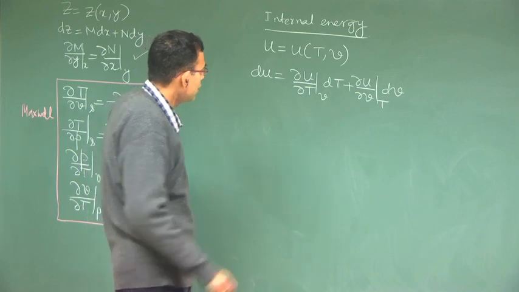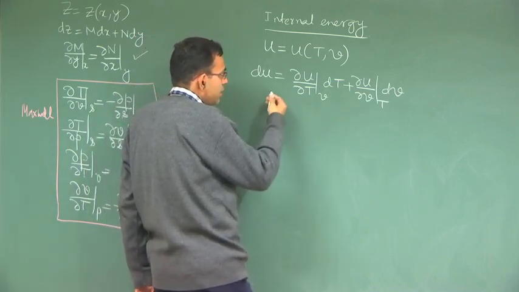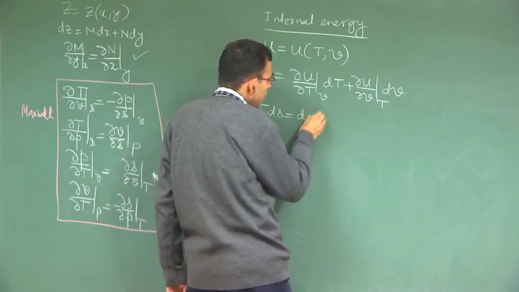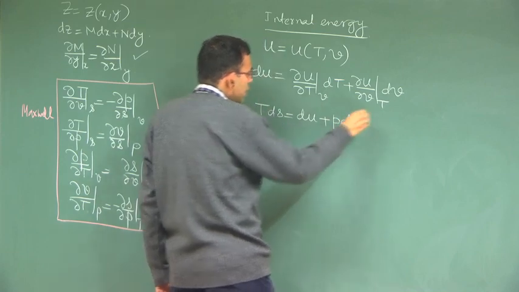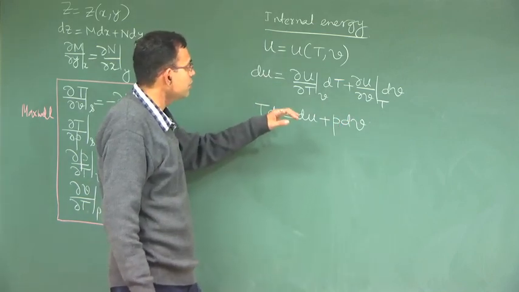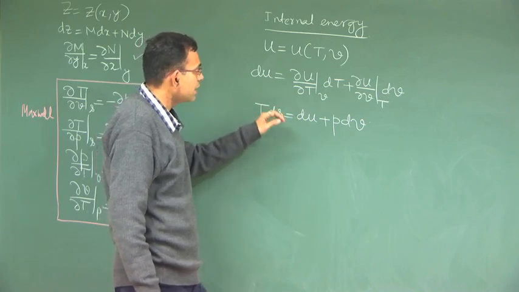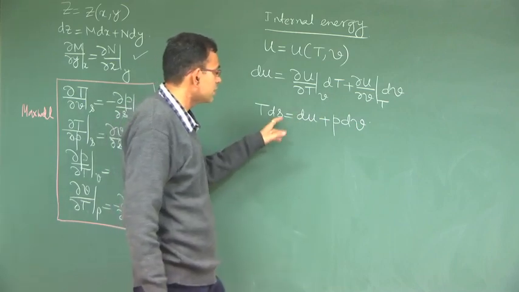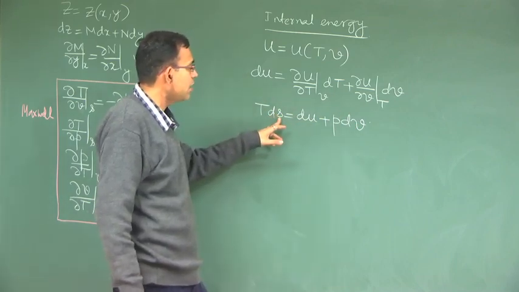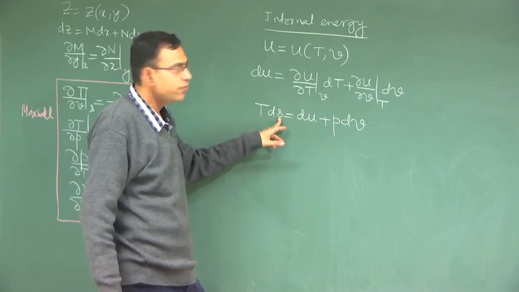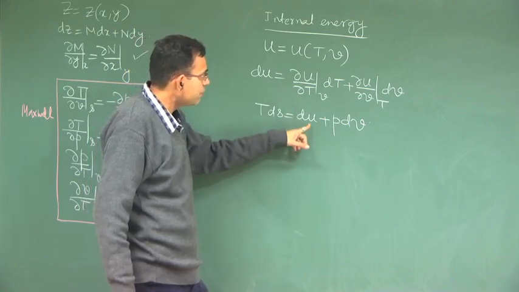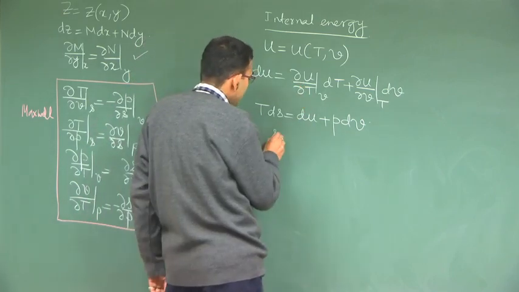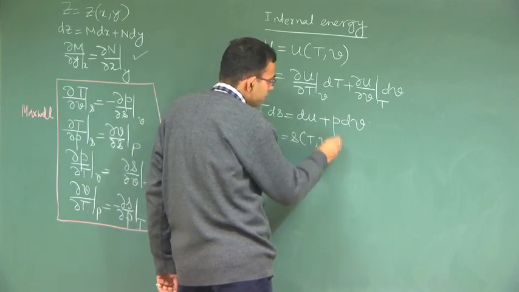Okay. Now, let us use the TdS relationship. Why do we use this TdS relationship? Because this also gives you U, not as a function of T and V, but U as a function of S, and dU as a function of dS and dV. But you can now write S as a function of T and V. If you do that, you can have an expression from here which can be compared with this form. So, with that motivation we will write S as a function of T and V.